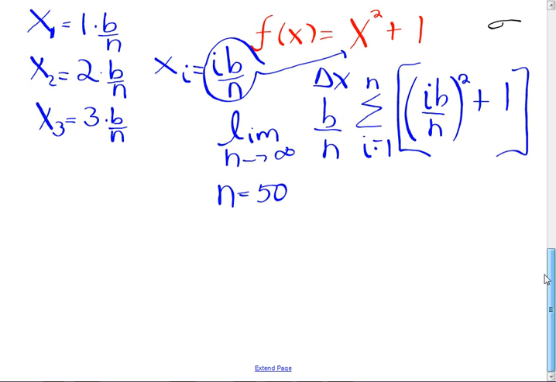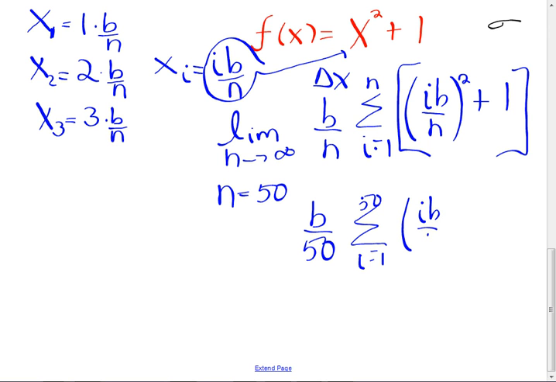I've seen this problem on the exam. Eric, it looks like b over 50, and it would look like i equals 1 to 50. Eric, i times b over n, squared, plus 1. Oh, n is 50, though. Now, what you are going to have to do